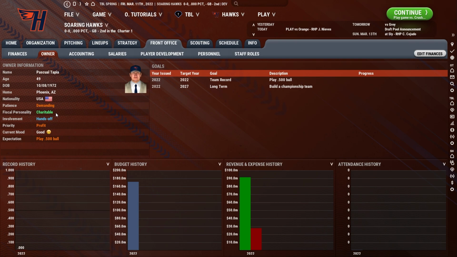They're most likely going to be more hands-on, and they're going to be all about making sure that you stay within what they want you to stay within. Charitable, and basically the other side of that whole conversation, is going to be more about making sure that the team's needs are met, and money is not exactly no object, but the owner, if they are charitable, is going to be much more liable